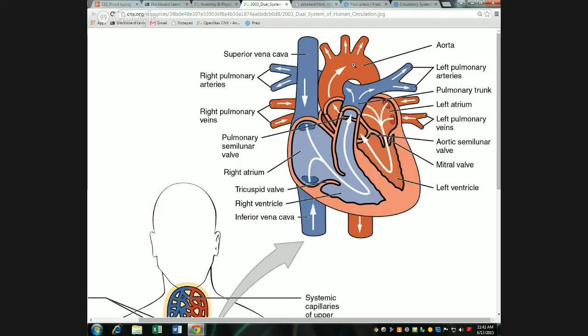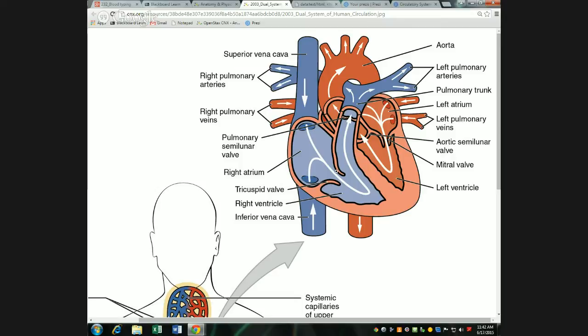So if blood is going to go from an atrium to a ventricle, the atrium side of the valve is going to be wide open and the ventricle side is going to be pretty narrow, and the blood's going to go down. Now, once the blood gets into the ventricle and it fills up the ventricle, it's going to push back against the valve and cause it to close. Okay? So if we look at this picture here,